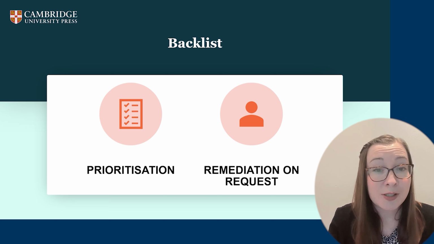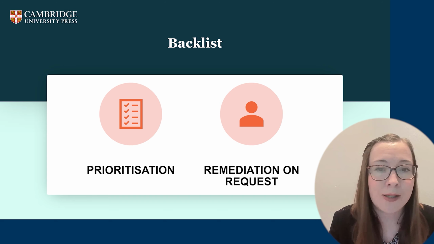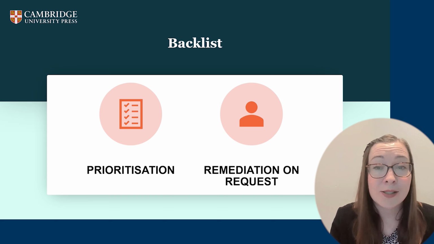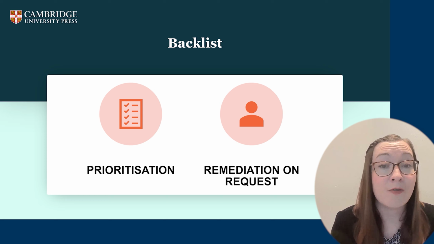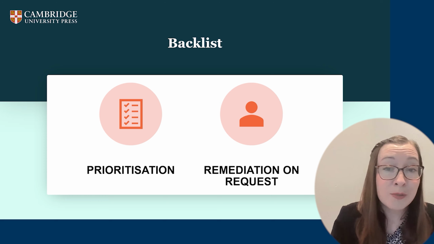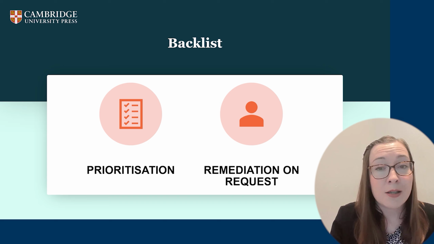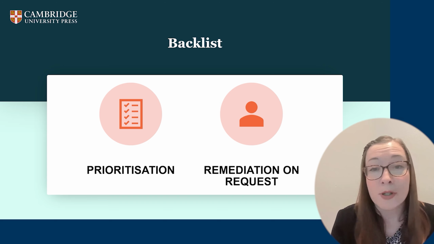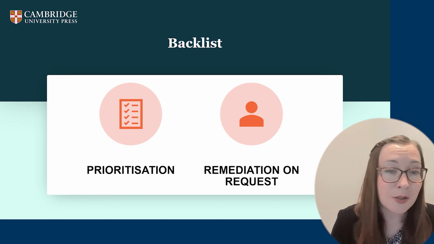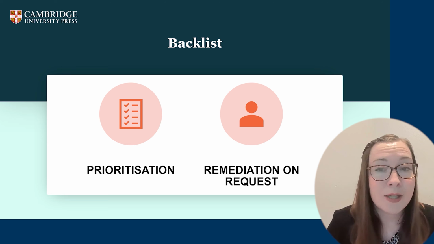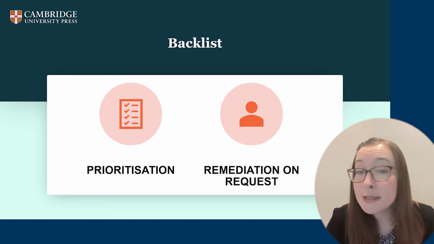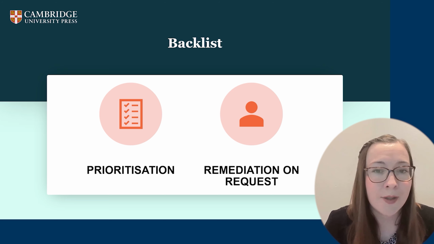Many of the things we've just discussed are also relevant for backlist. The only difference with backlist is that you're likely looking at things on, obviously, a very large scale. So the most important thing is to prioritize. You may want to prioritize by sales, by usage. It's up to you, but that's often the most obvious way to do it. You may also want to prioritize some subjects or particular titles, for example, any on accessibility or equality and diversity.